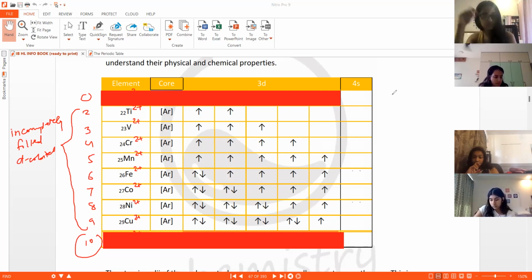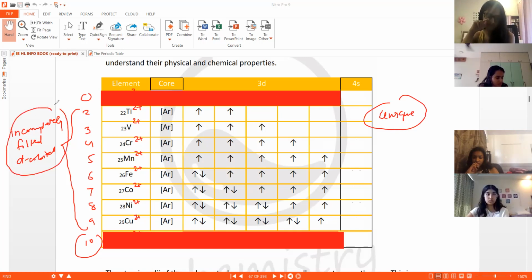And the reason why the transition metals show some unique or different properties is this: transition metal ions have incompletely filled d orbitals. The reason for that, we'll see in some of the cases, though not in all the cases, is how this incompletely filled d orbital is the reason why they show the unique or very peculiar properties. Any questions so far? Anybody has not understood any part?